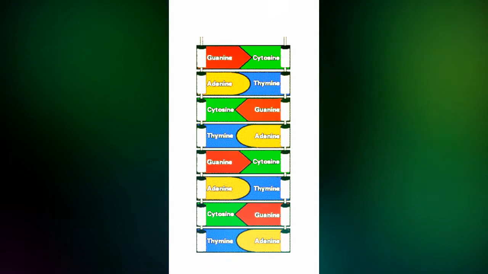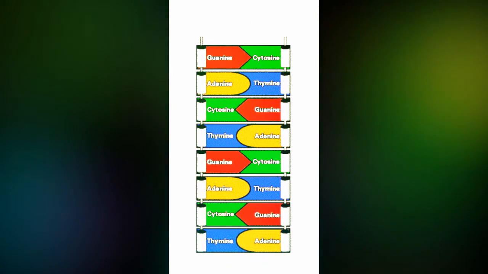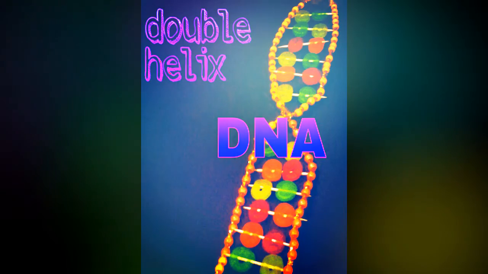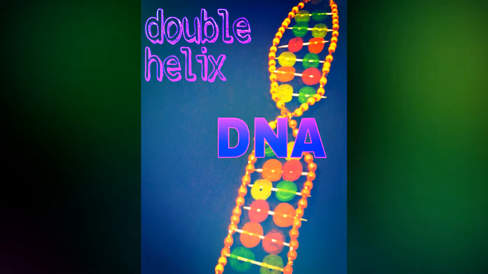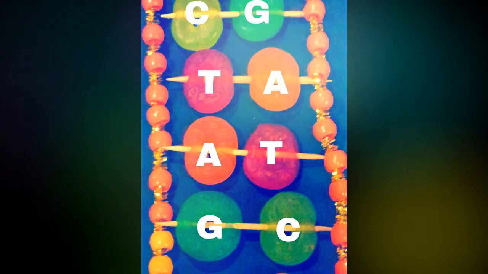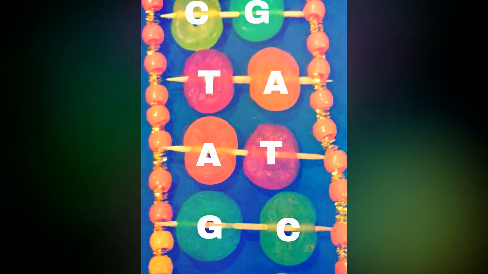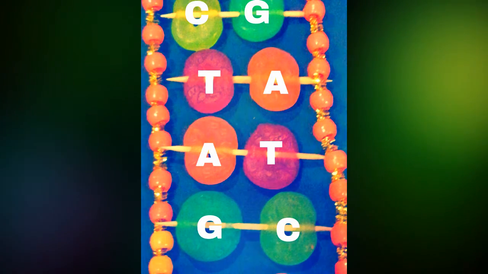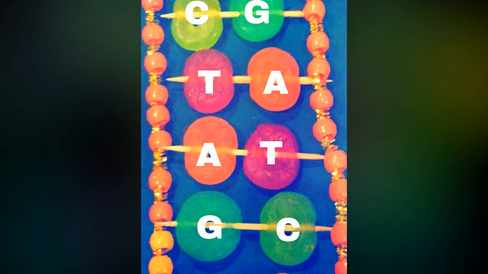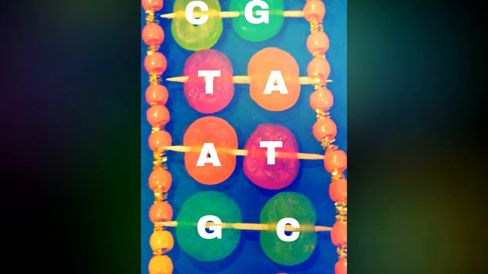In DNA, guanine pairs with cytosine, adenine pairs with thymine, and in RNA, adenine pairs with uracil, and guanine pairs with cytosine. In our models, dark green represents guanine, light green represents cytosine, orange represents adenine, pink represents uracil, and